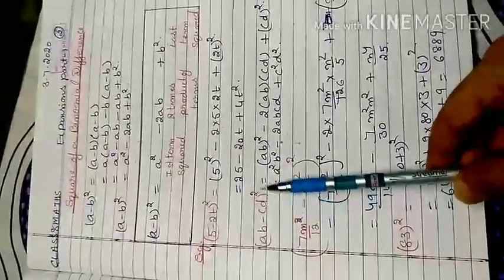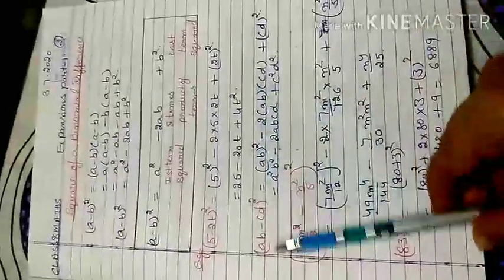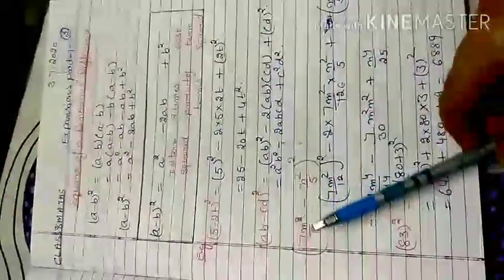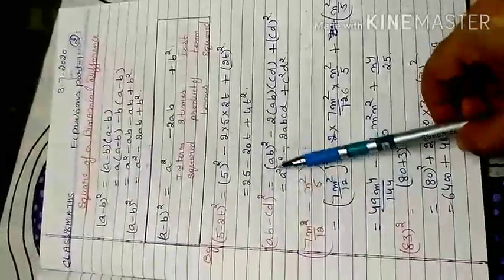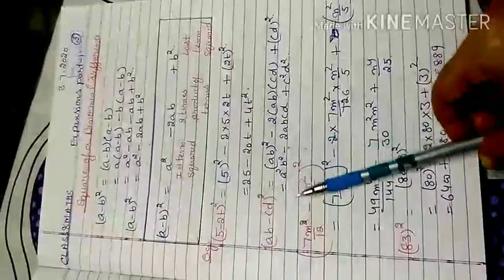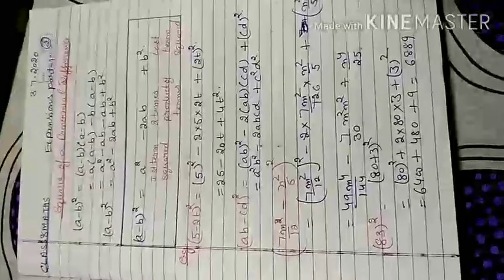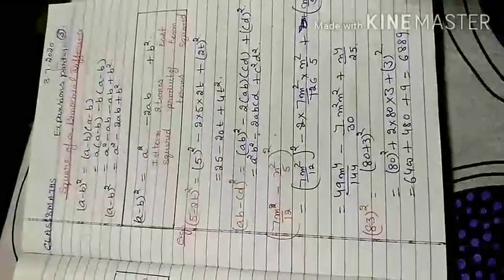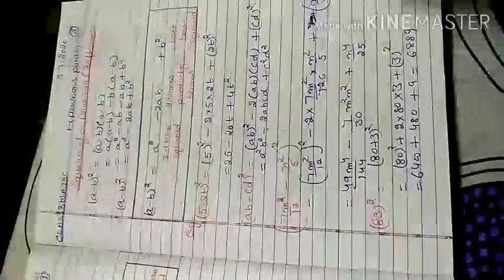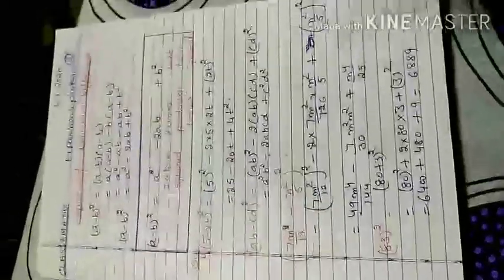Similarly (ab minus cd) whole square is (ab) whole square minus 2 times ab into cd, product of the two terms, plus (cd) whole square. Now here (ab) whole square, so a square will go separately, b square will go separately. Here 2abcd, c square and d square, that is my required answer. Instead of opening with the distributive law, multiplying each and every term, if it refers to our polynomial like square of the binomial terms, either sum or difference, you can directly apply the identity.